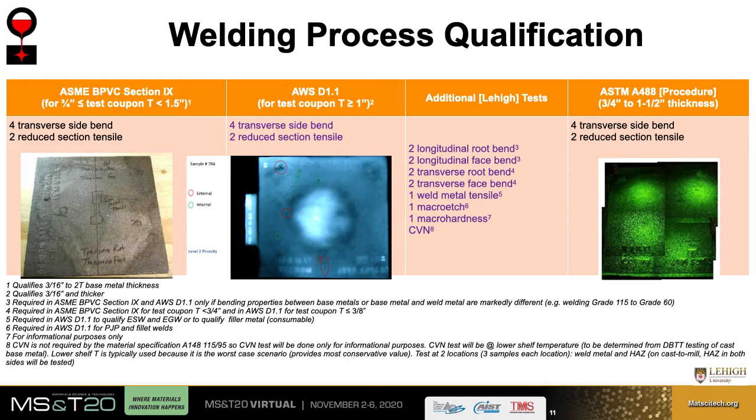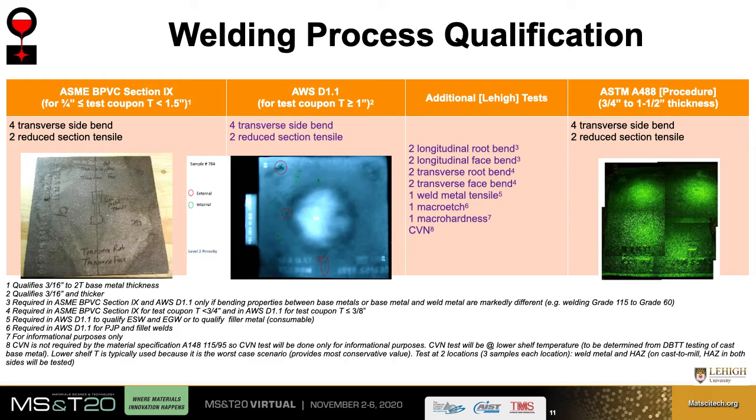fabricators. AWS D1.1, which is the welding standard for structural steel, has pre-qualified base metal. So this allows the use of D1.1 pre-qualified WPS, meaning you don't need to do any qualification testing of your weld procedure as long as you use a pre-qualified base metal and stay within the pre-qualified welding parameters specified in D1.1. Cast steel grades are currently not pre-qualified in D1.1. We are working on a proposal to add a carbon steel grade and a low alloy grade to the code.